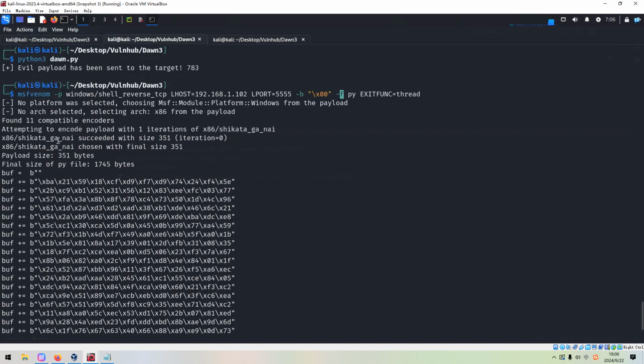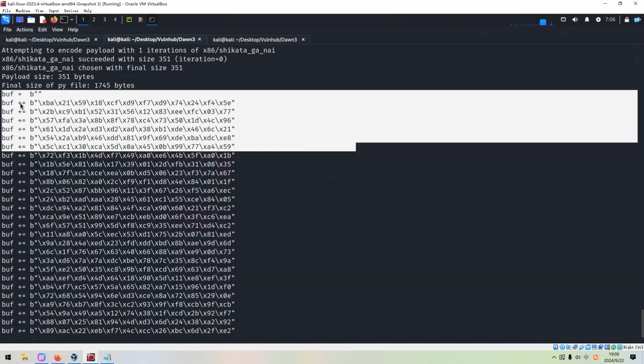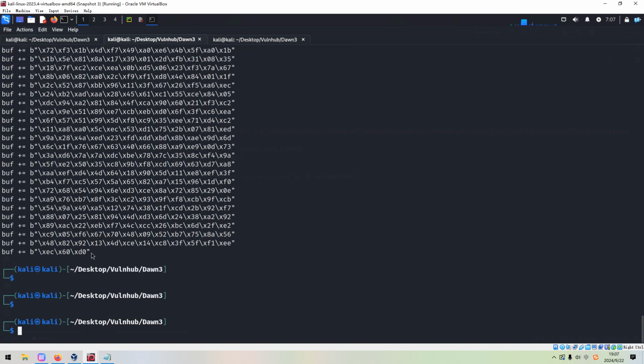All right, we can copy this. Oh, what am I doing? Maybe I have some problem with my virtual machine. I cannot make a copy. Very weird.